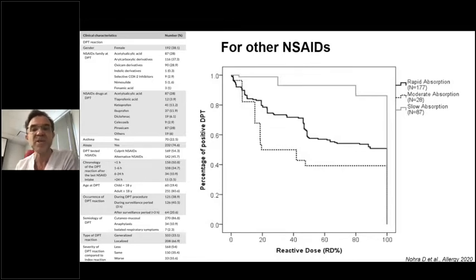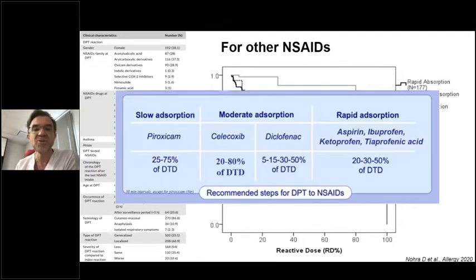And that was interesting to find that we could actually use this classification in order to group our patients. And doing so and analyzing in detail the different deciles, which I am not going into detail, we could simplify our protocol. For example, for slow absorption NSAIDs, like piroxicam, we now use 25% of the therapeutic dose, and 3 hours after, because the absorption is slow, 75% of the